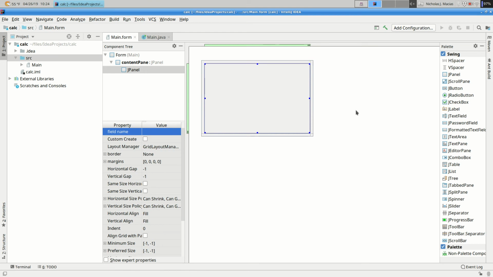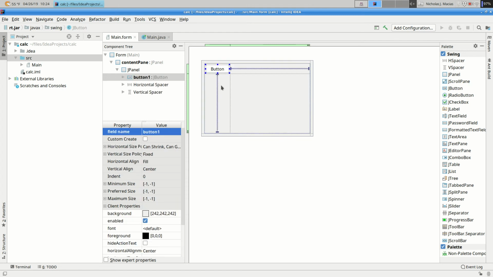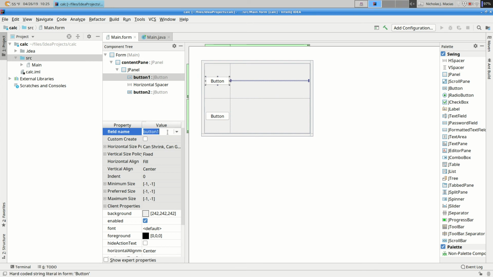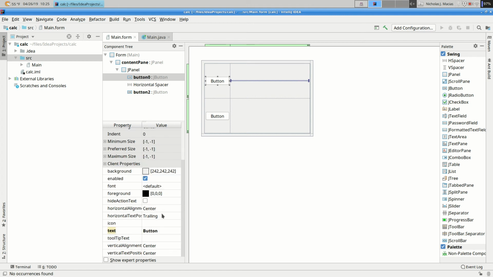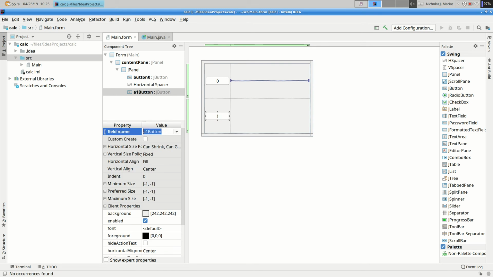Let's make a simple calculator, just to play around with this idea of event-driven programming. I don't want to make a bunch of buttons, so this will be a binary calculator. Put things in with 0 and 1 buttons. I'm going to put a couple of buttons over here. This first button I'm going to call button 0, because that's going to be my 0 button, and change the text to 0. This button I'm going to change the text to 1, and call it button 1.